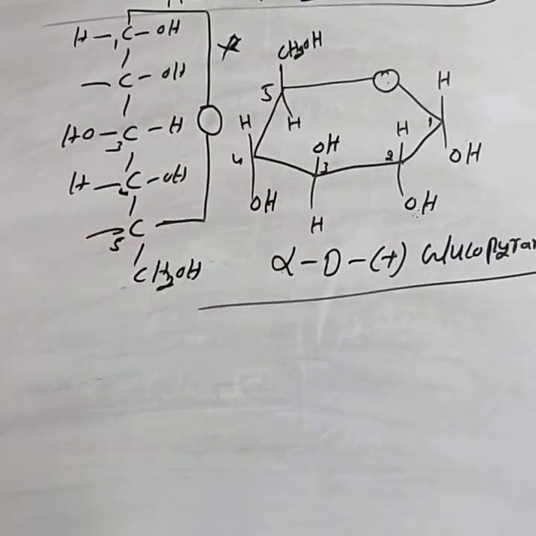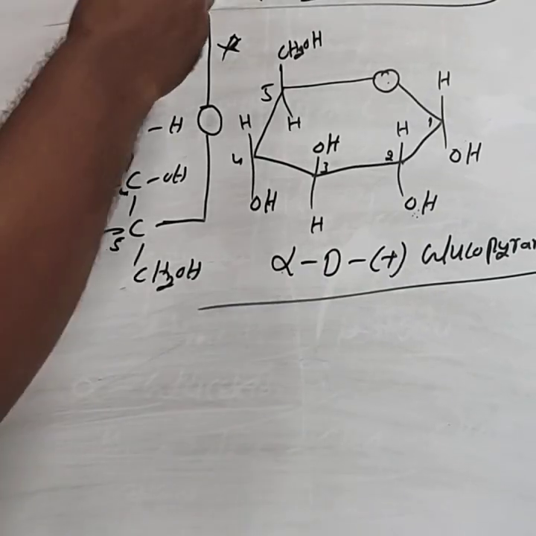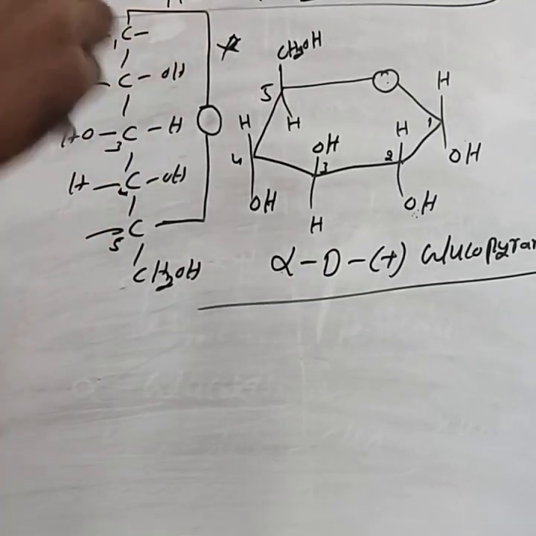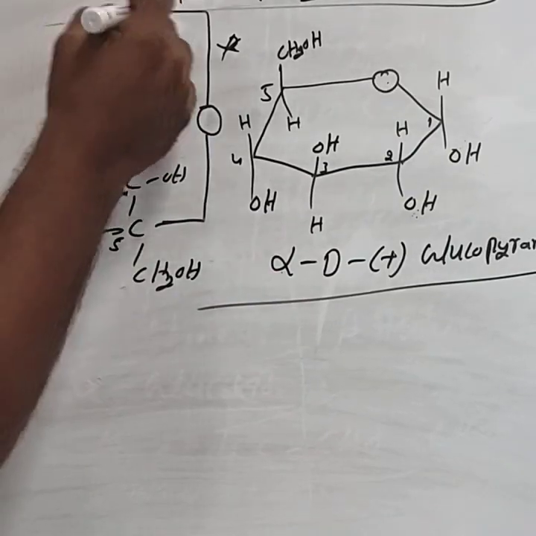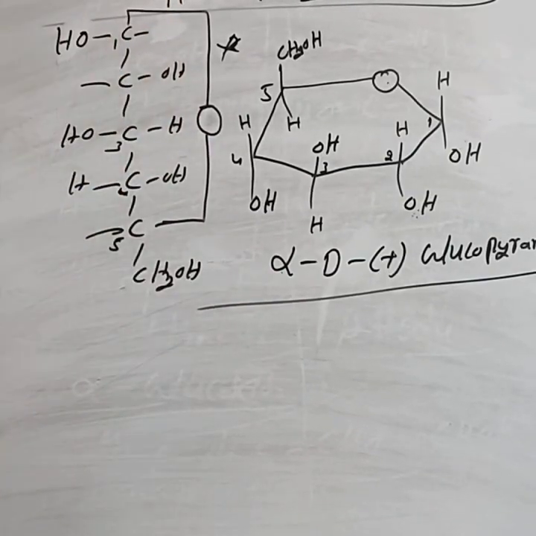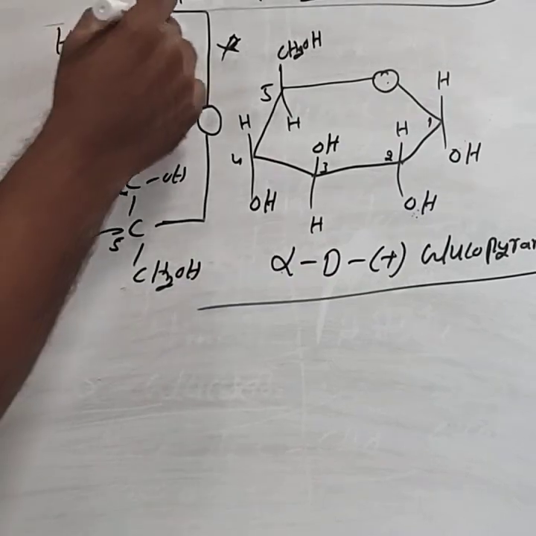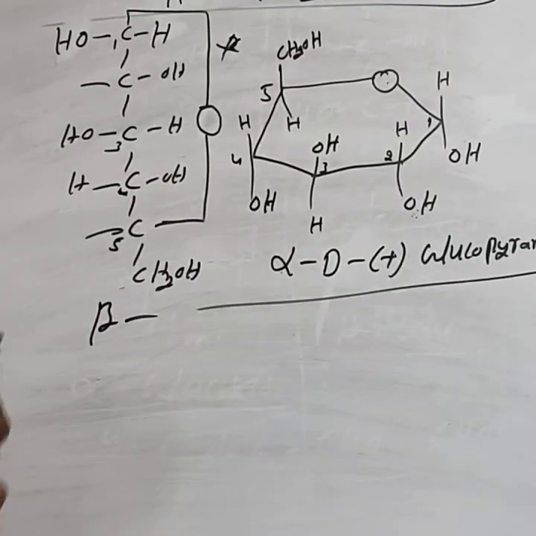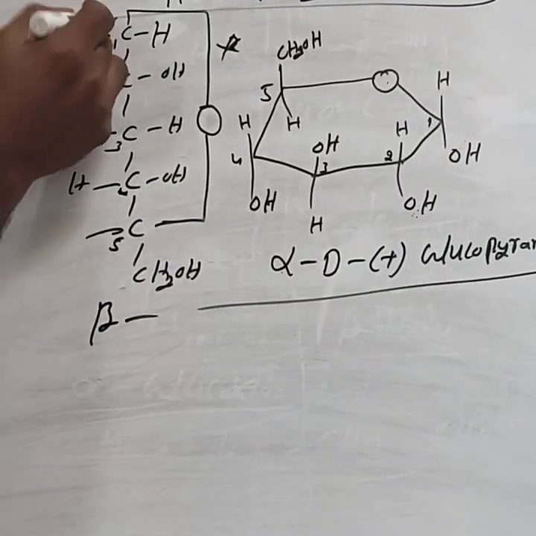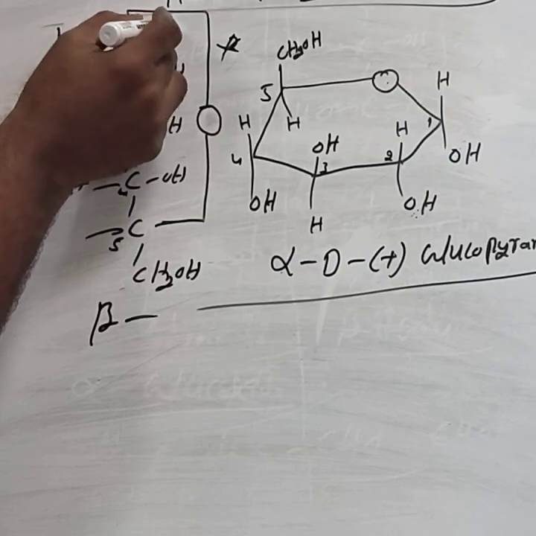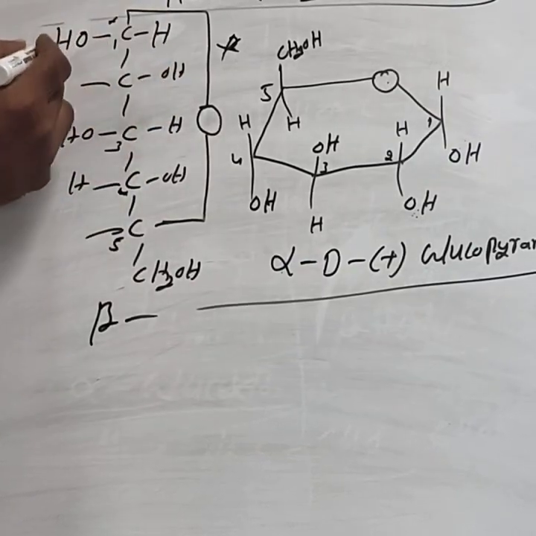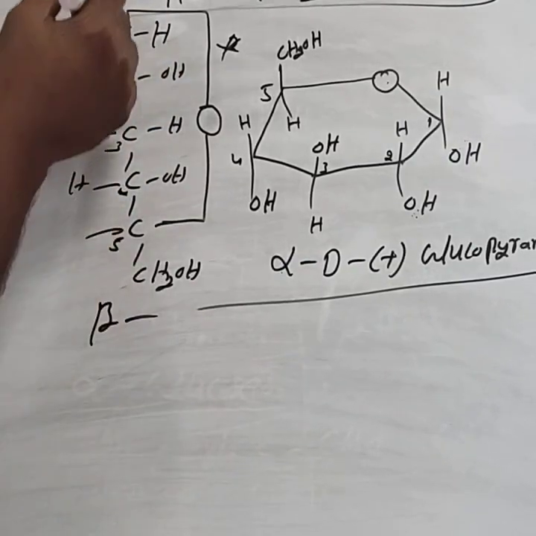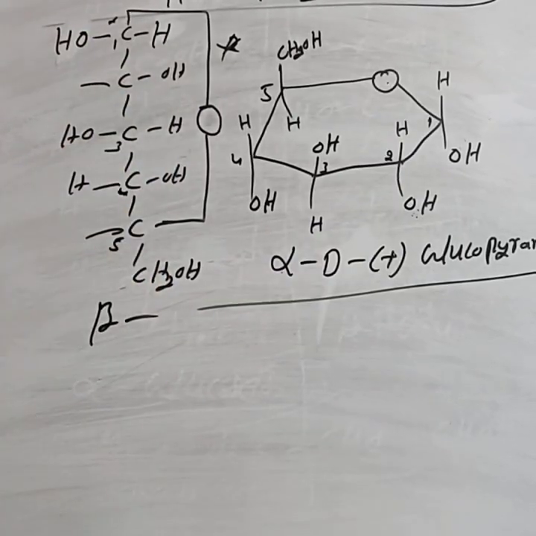Here I have now considered the alpha glucose. Similarly, you can consider the beta glucose. For beta glucose, I just change this structure only. Beta means that on the anomeric carbon atom, the OH is on the left hand side. If you write the OH on the right hand side of the anomeric carbon atom, it is alpha. If you write it on the left hand side, it is called beta. By using this cyclic structure, you can write the Haworth structure.